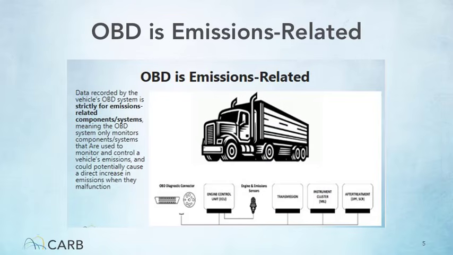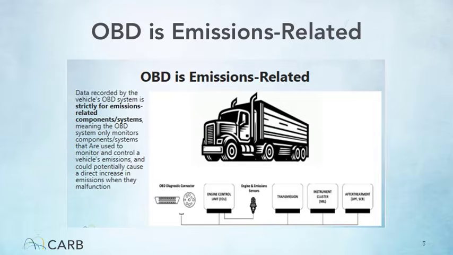It is important to understand that the vehicle's OBD system only monitors emissions-related components and systems. Therefore, the data recorded by the OBD system is related to the performance and status of the vehicle's emissions control components. Examples of vehicle emissions control components are selective catalytic reduction, or SCR, diesel particulate filter, or DPF, and exhaust gas recirculation, or EGR system. Any malfunction in these emissions control components could result in increased vehicle emissions. The OBD system does not monitor parameters unrelated to emissions. For example, the OBD system won't tell you if there's a flat tire or a problem with safety features like